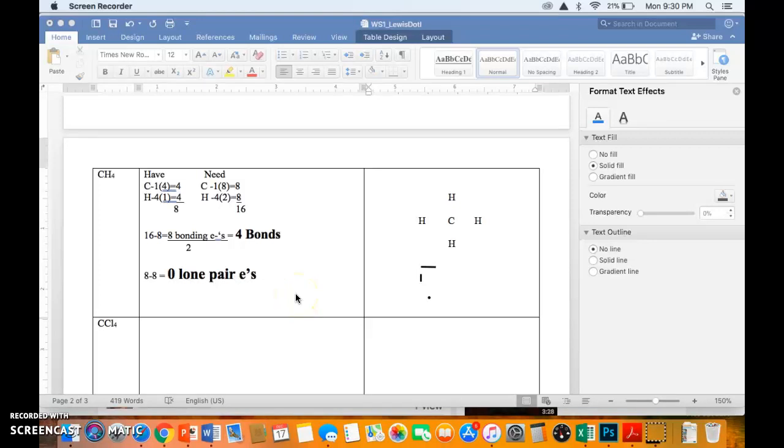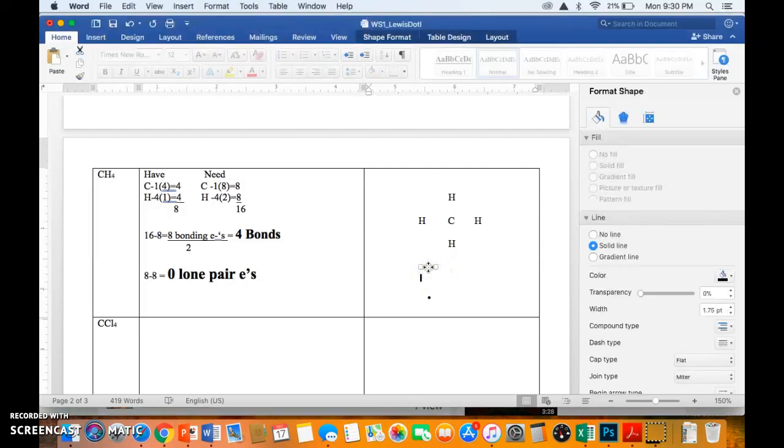All right, so now what I need to do is, again, add those four bonds. Everything is going to be bonded to the central atom, and I'm going to represent those bonds with these lines. And a line, remember, is a bond which represents two electrons. So I'm going to put a bond between carbon and hydrogen here. I'm going to put a bond between carbon and hydrogen here. I'm going to put a bond between carbon and hydrogen